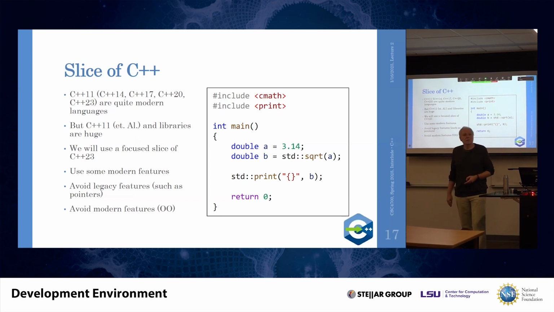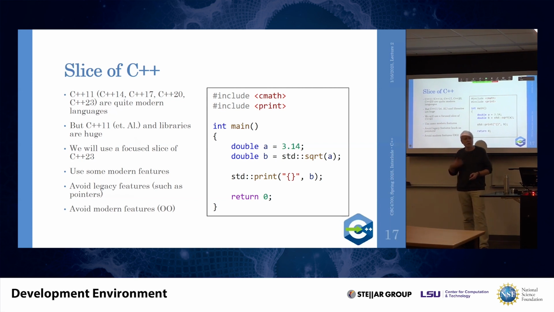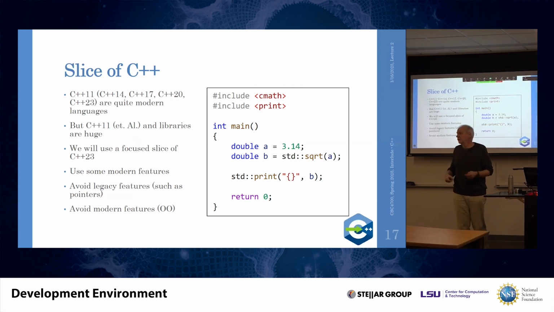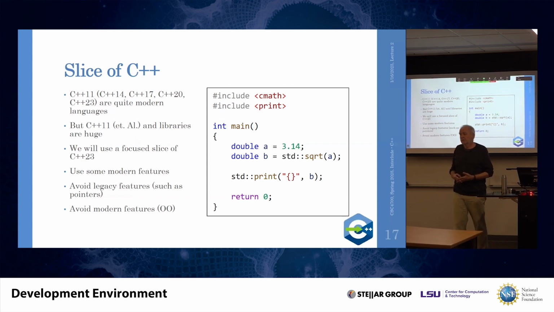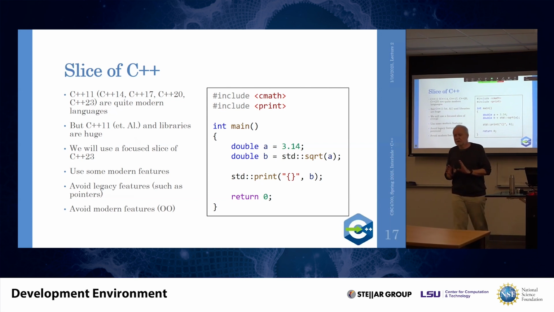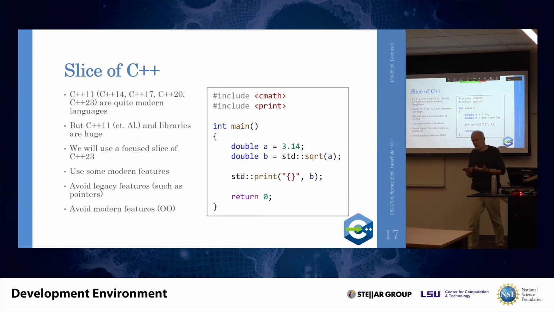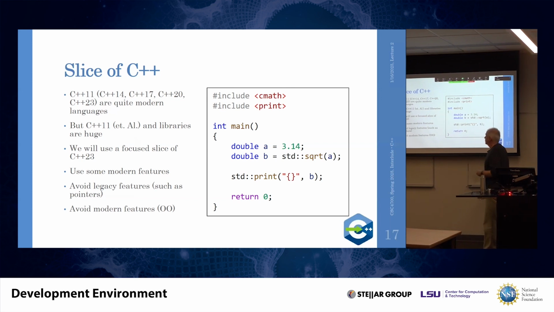We will focus on C++23, which is the latest version of C++ available. They release a new version of C++ every 3 years nowadays. So that's why you might see 14, 17, 20 mentioned here or there. But essentially everything that is defined in C++23 is available to us. But we will take a very small slice of C++ and use that for our needs, which will make the language, as I said, almost Pythonic. It's a very nice way to write code that is very readable and very nicely understandable.